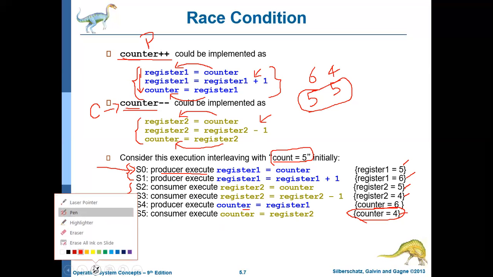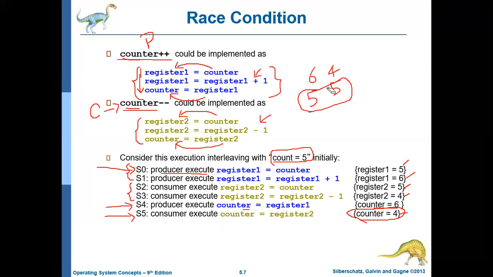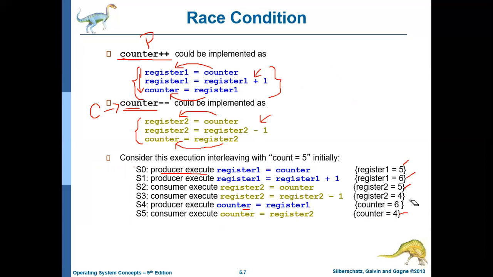Similarly, there may be other orders of interleaving also. Sometimes, here it ended with 4. If the interleaving order is changed, this may end up with a value 6 also. Assume that